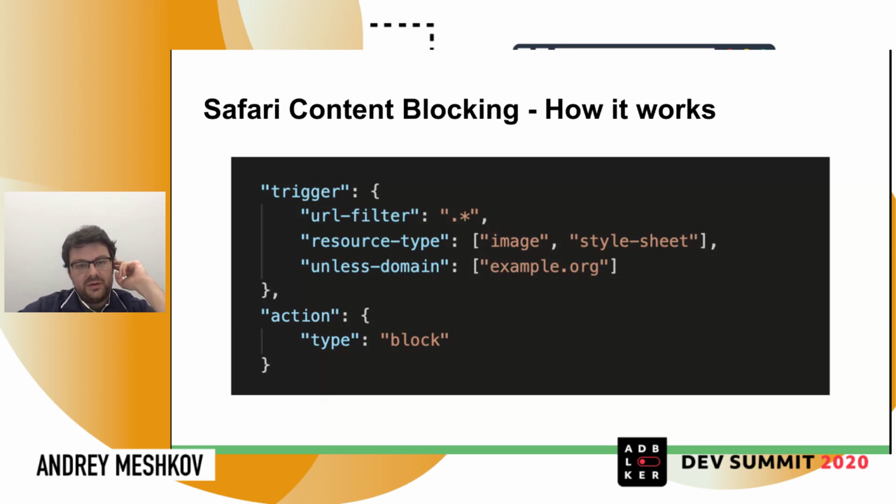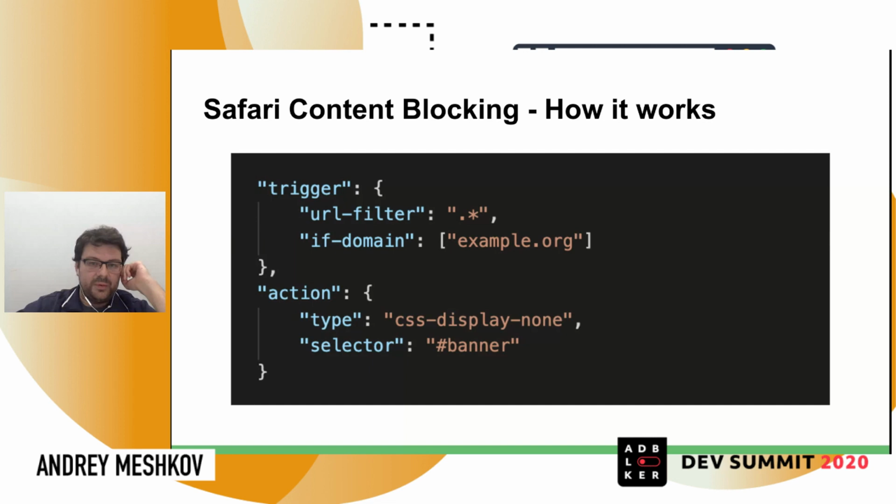On the slide, you can see a rule that blocks images and style sheets loaded from any website, say for example.org. Please note that the URL filter field is actually a regular expression with some limitations, though; some regular expression capabilities simply cannot be used in Safari. But anyway,